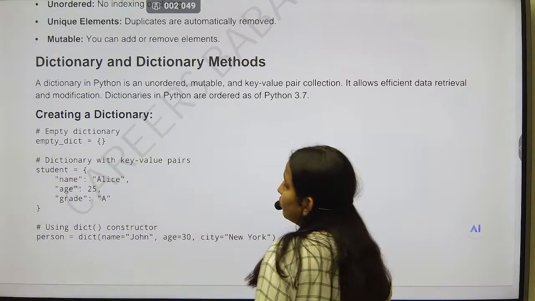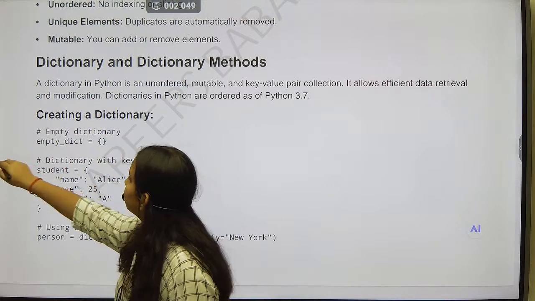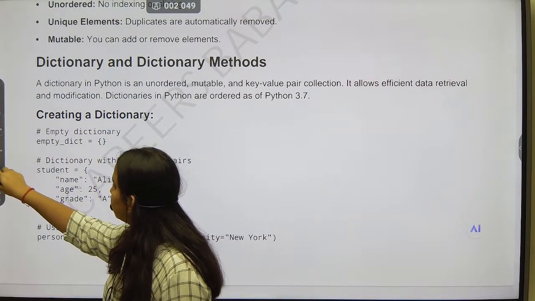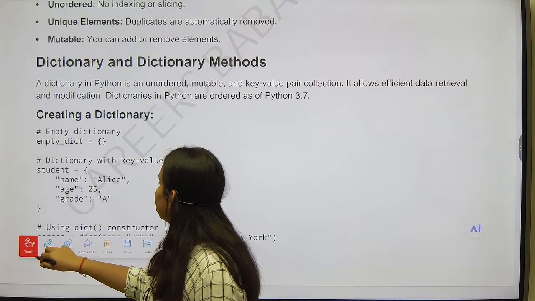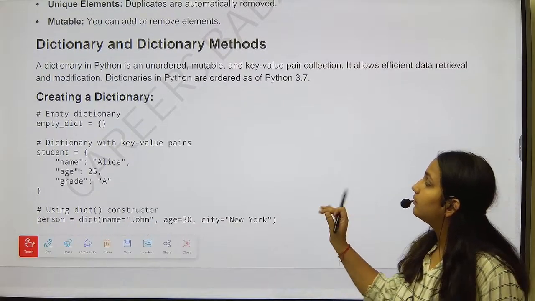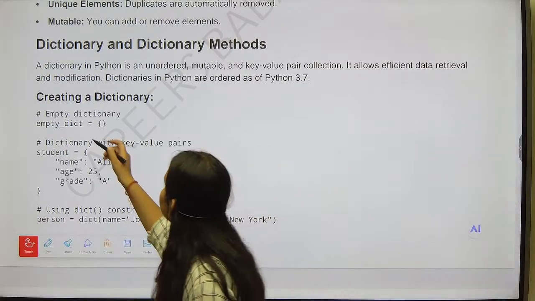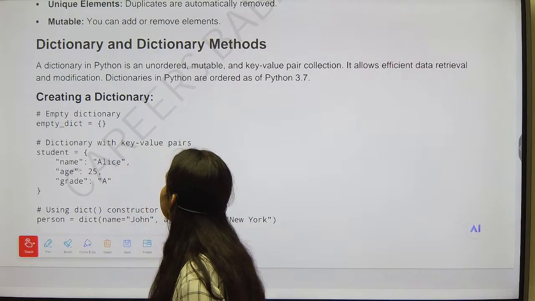Yes. So we would start with dictionaries. Okay. So as we have already seen list, what is tuple, and what is sets. So now we are getting started with dictionaries. So what is a dictionary? Dictionary